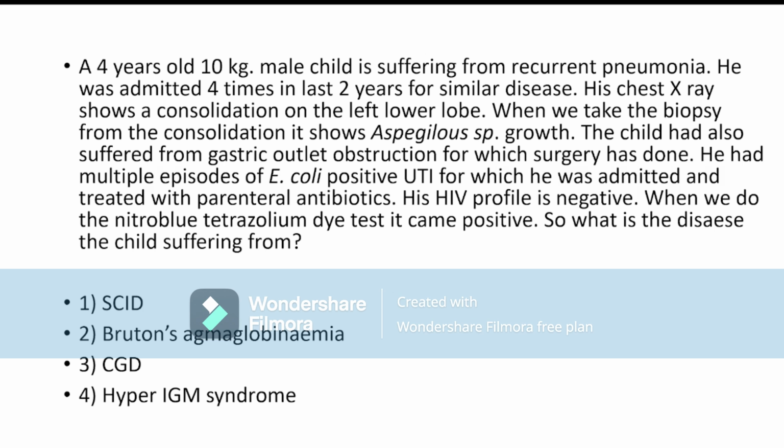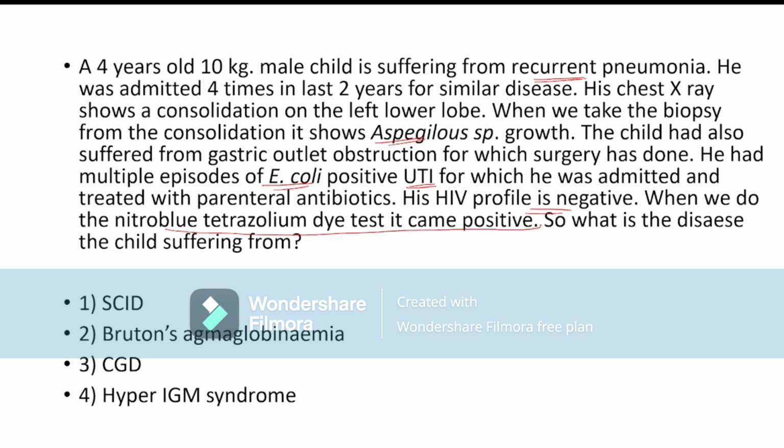In this question, we are seeing that the child is suffering from recurrent pneumonia and the HIV profile is negative. That means the child is suffering from some primary immune deficiency. The child has an atypical organism growing in the lung and also suffers from E. coli positive UTI plenty of times. That means the child is suffering from catalase positive organisms, which cause infection plenty of times in the child. And in the question, the child has a positive nitroblue tetrazolium dye